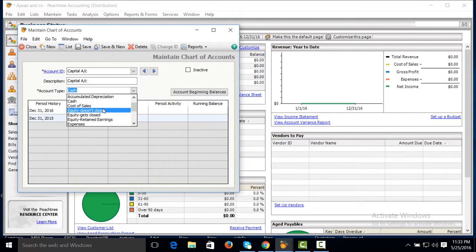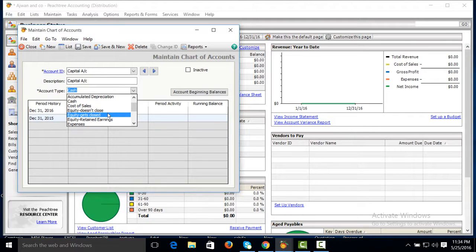is equity, but in Peachtree there are three options for equity: equity doesn't close, equity gets close, equity retained earnings. When the owner invests in the company and money comes into the company, then the account type will be equity doesn't close.